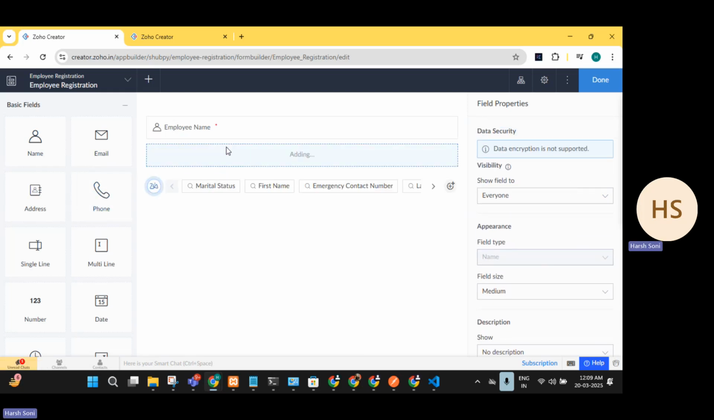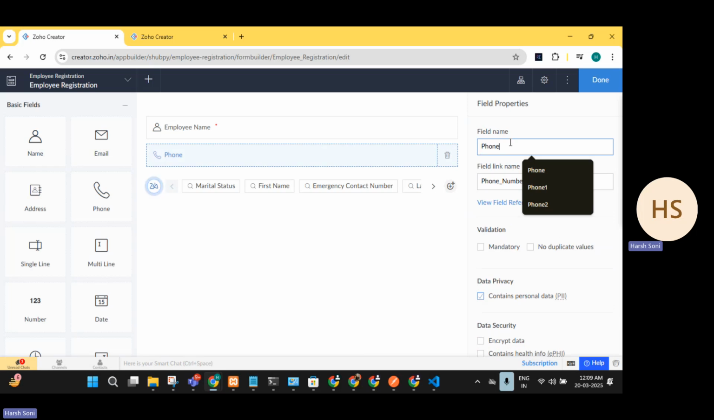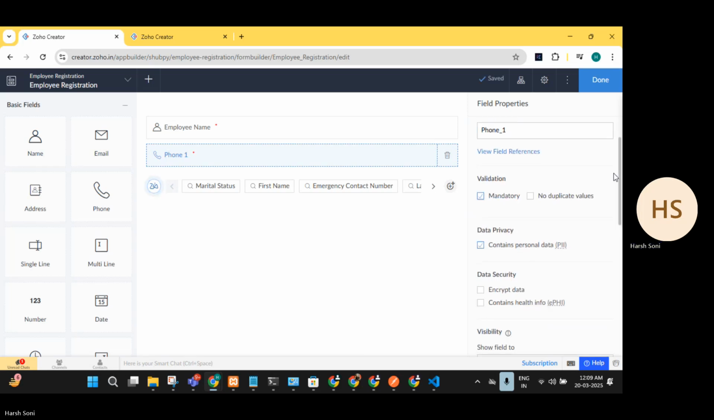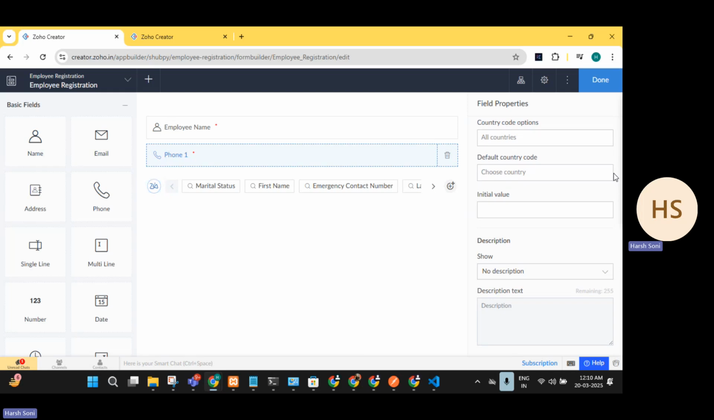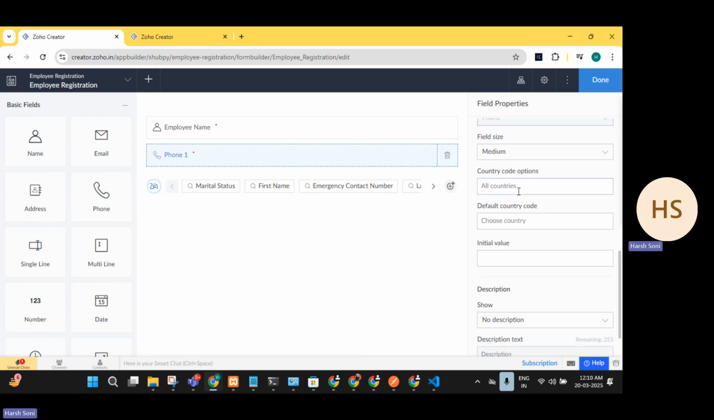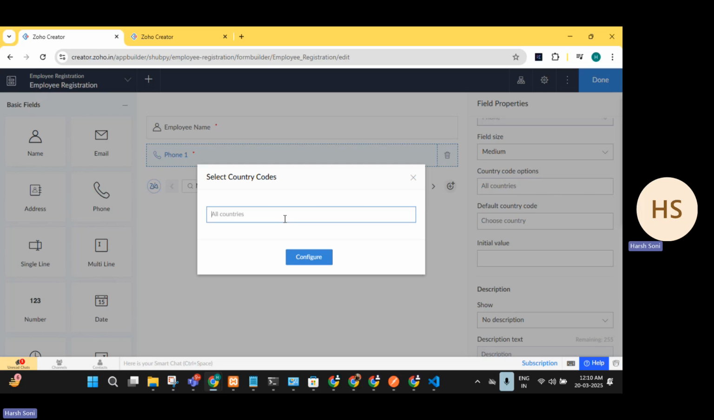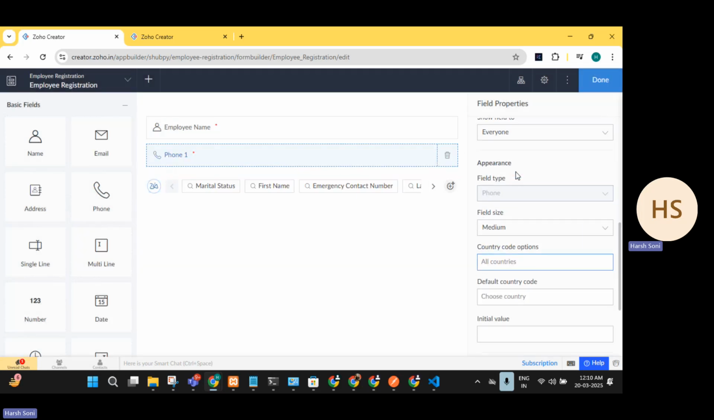Hop on to phone number. Phone number one, I'm gonna keep it as one. I will let you know guys why. And I will also make it mandatory. There are also various options for this particular field only. What's the country code? You can have a country code written on it if you are working for England or specific from Nagaland or anywhere. Okay,